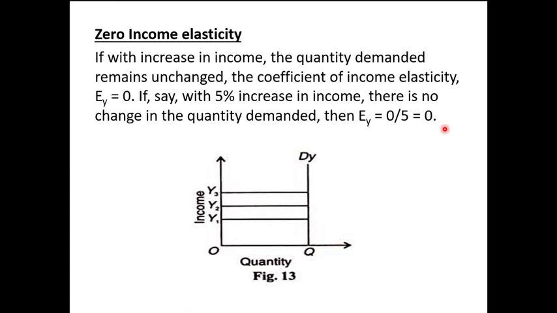Then the last one is zero income elasticity. Zero income elasticity, you can say that if there is 5% change in income and then there is no change